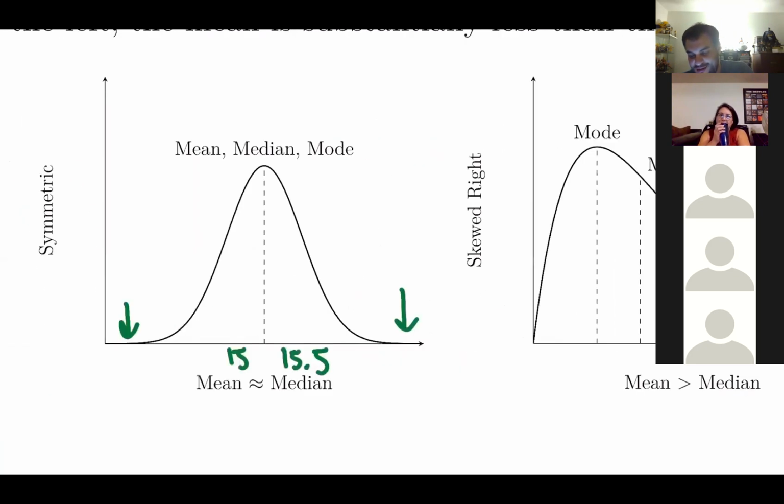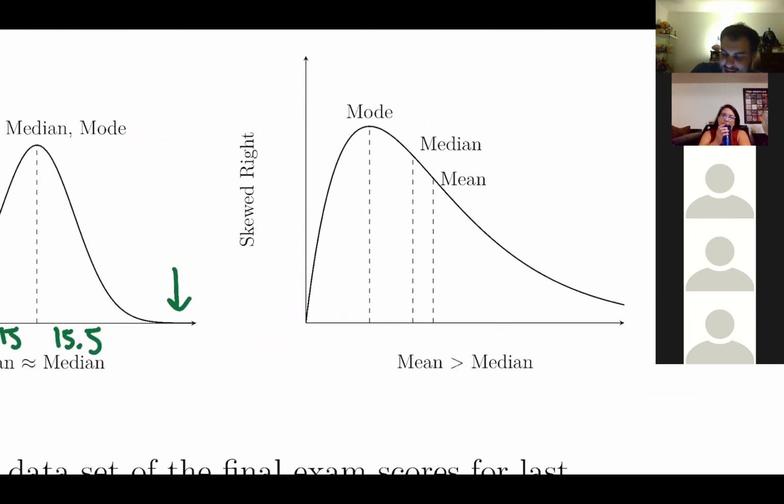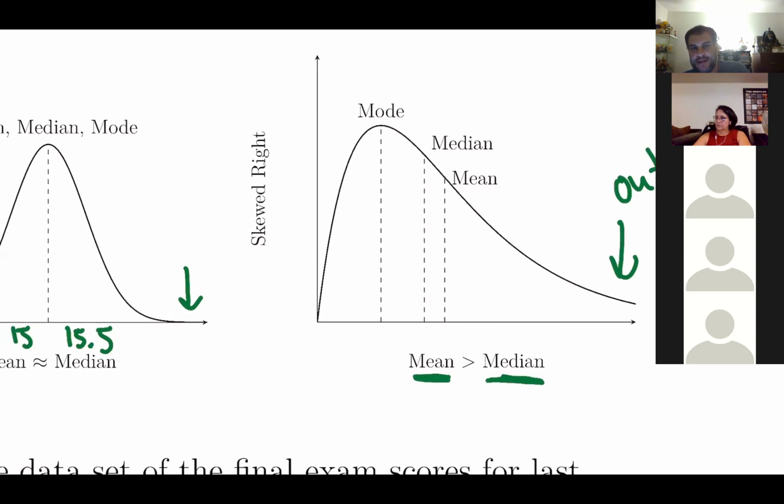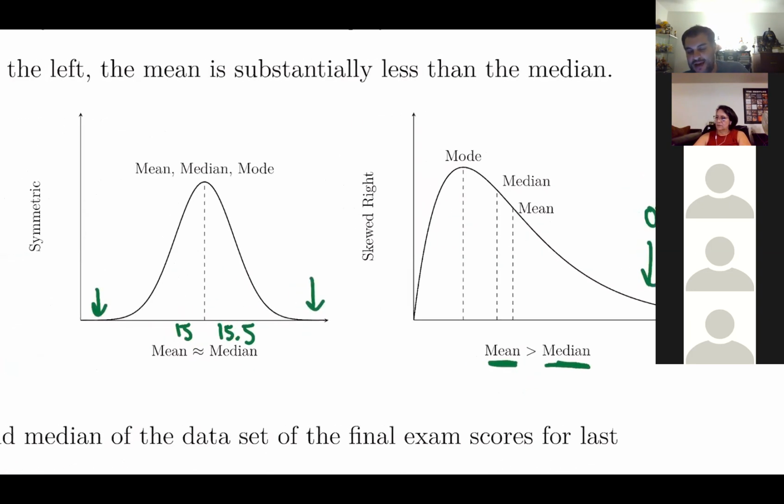Lastly, we have skewed to the right. In skewed to the right, we're gonna have the outliers on the right-hand side. What that does is inflate the mean. So instead of having a low number for the mean, it makes my mean even bigger than what it should be. That's why we get the mean greater than the median. All right. And those are our three cases: skewed to the right, symmetric, and skewed to the left.